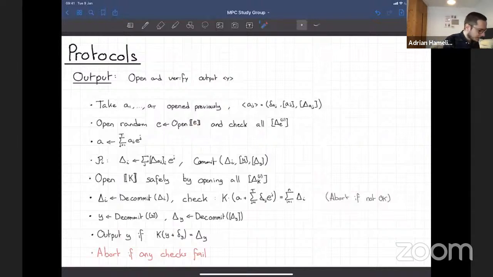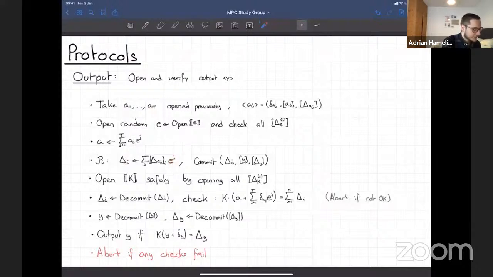And then you construct this other value A, which, the way I see it, is a polynomial where the coefficients are these A1 until AT, evaluated at random E. That's just the way I see it. You construct a MAC for this value A, again using this kind of polynomial thing.